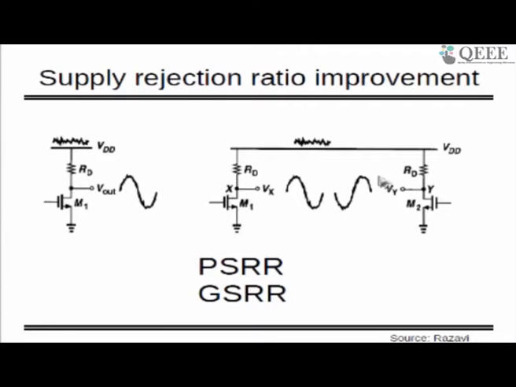As your circuit becomes better and better in terms of rejecting the power supply noise, this is called PSRR, or power supply rejection ratio. Similarly, sometimes your ground is going to give you so much noise, but that noise is coming here, and that's what you are rejecting by the difference of outputs, and that is called ground supply rejection ratio. So PSRR and GSRR, ground supply rejection ratio, both are very good in a differential circuit. That is also one key point of the differential amplifier.